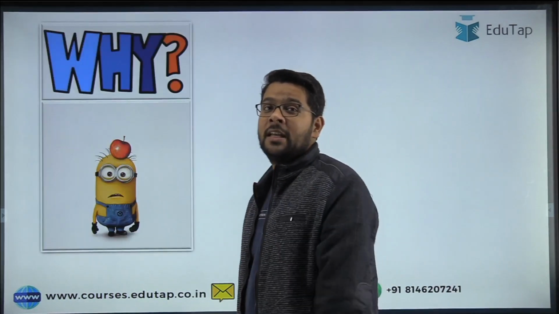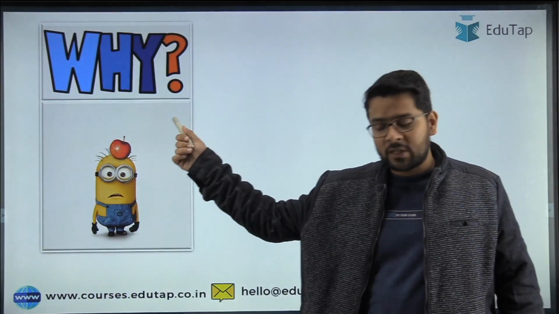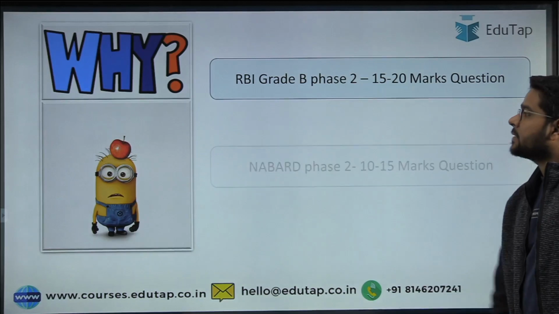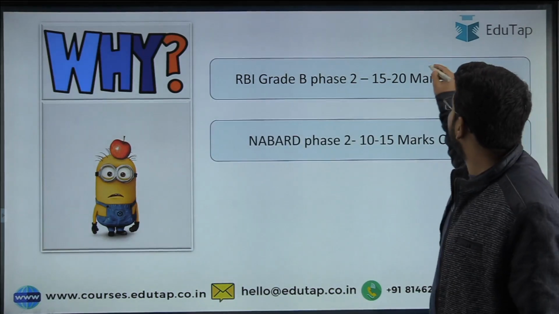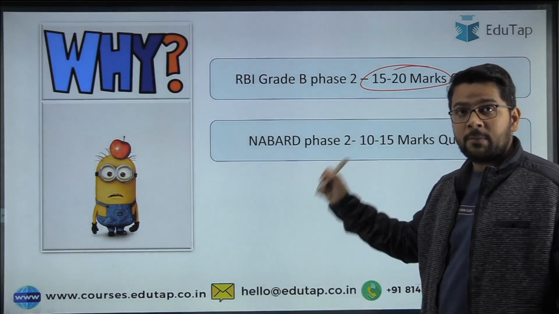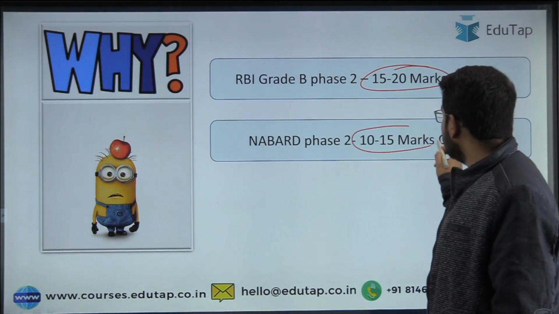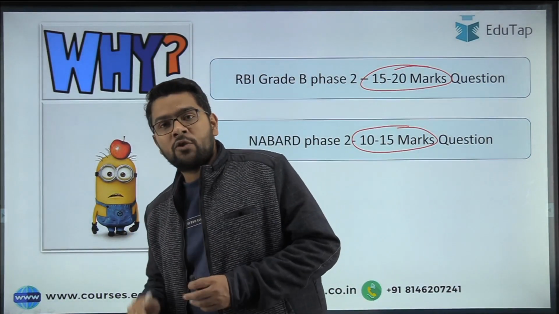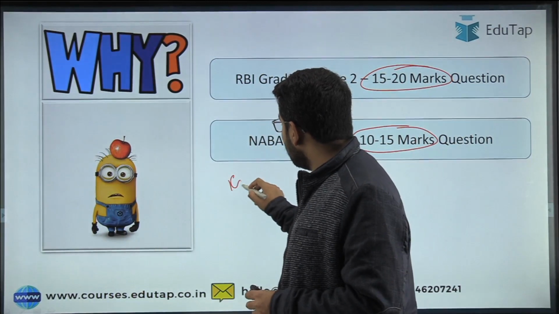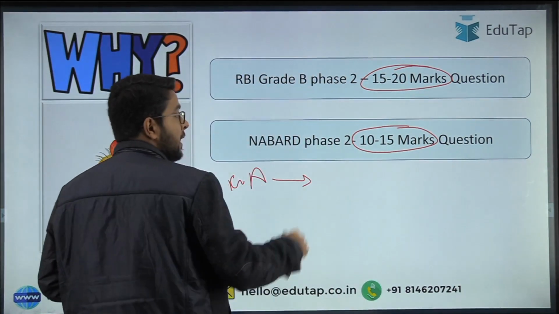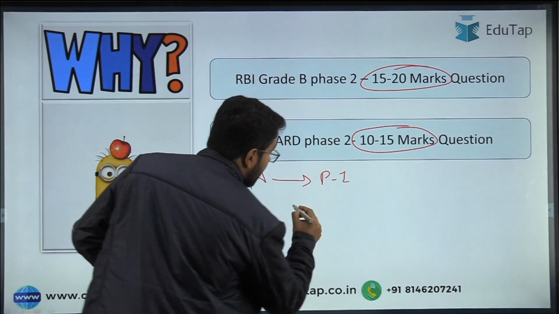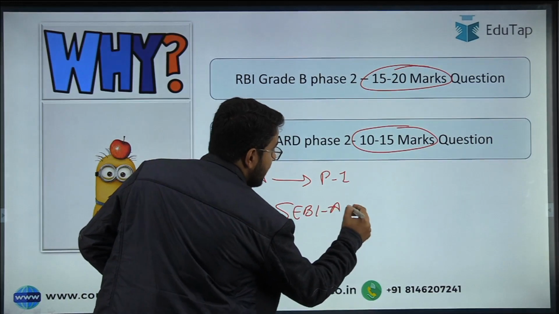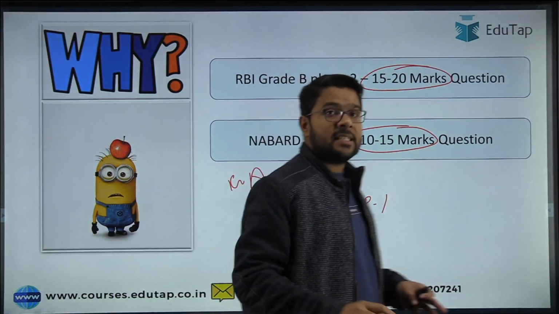Now coming to the next question, which is why a special series focusing on the reports and indices. If you analyze the previous year papers of RBI as well as NABARD, especially in phase 2, questions worth almost 15 to 20 marks were asked in case of RBI and 10 to 15 marks in case of NABARD. These reports and indices are not only important from the phase 2 point of view but also form part of general awareness and thus become automatically important for phase 1 of these two exams, as well as they can also help you in phase 1 of SEBI Grade A exam. So guys, this is the importance.